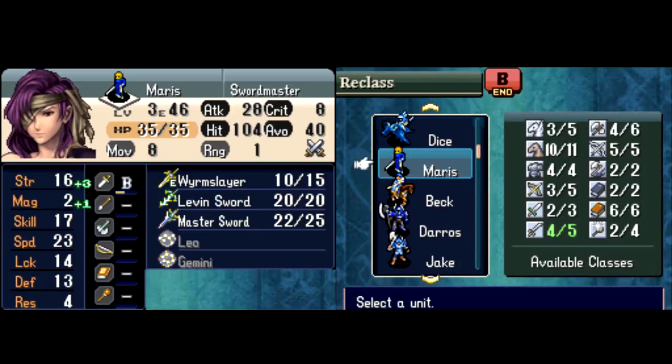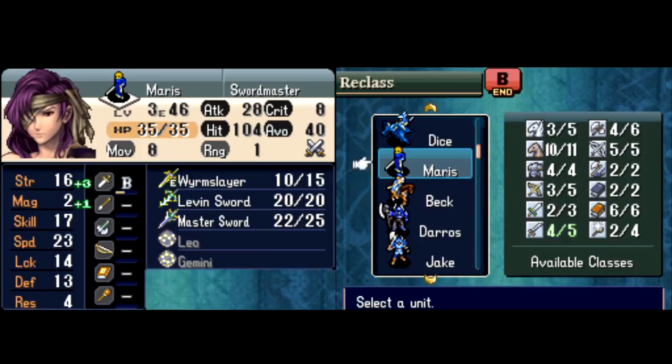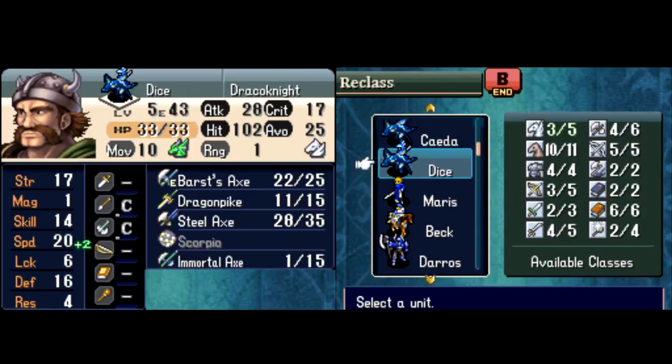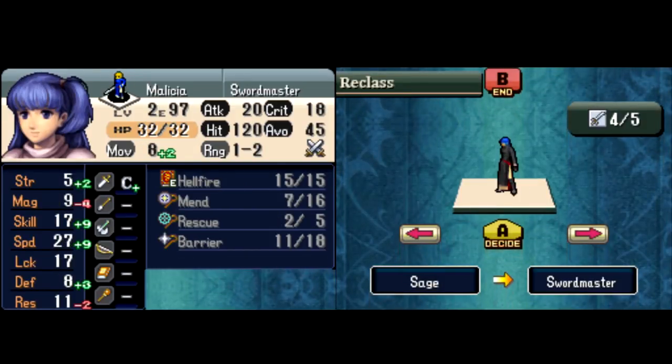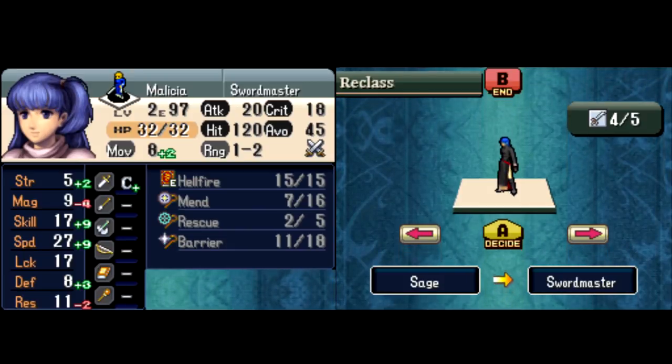That said, oh yes, it's time to go to school for a little bit, boys. So Maris is incredibly slow as a Swordmaster. Where's somebody? Militia. Look at this. Militia has 27 speed at a lower level as a Swordmaster. Now the reason for this is that